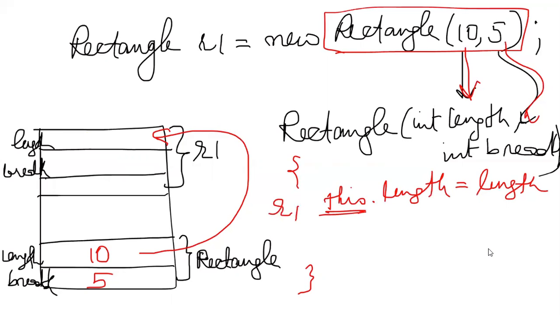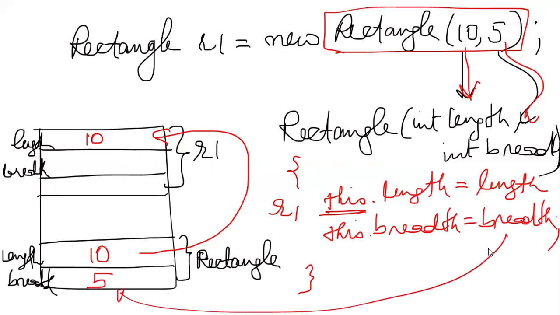So 10 will be assigned to length here. So now R1 dot length would be 10. Same way for breadth is assigned breadth. Okay, so the value of breadth here is this 5. So this value will be taken and given to R1 dot breadth. So 5 will be transferred here. So this is how this is going to